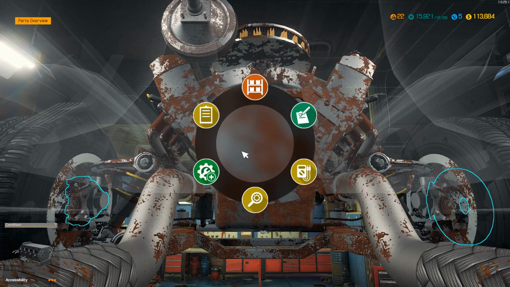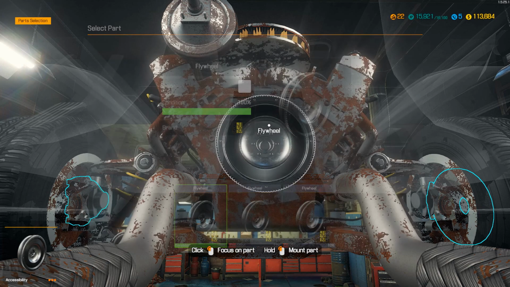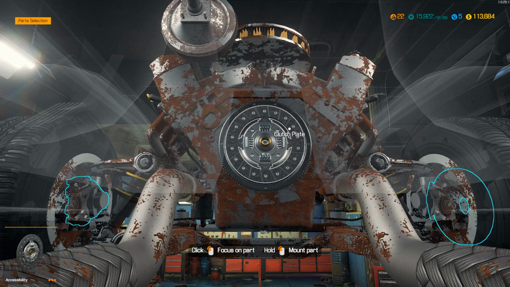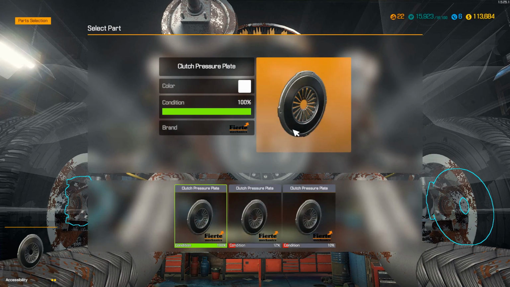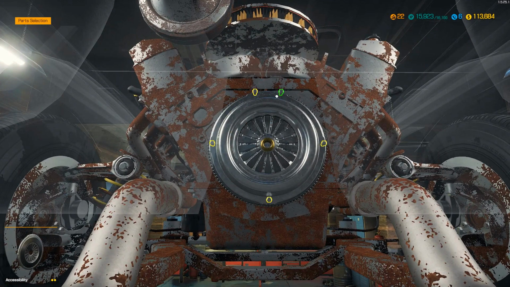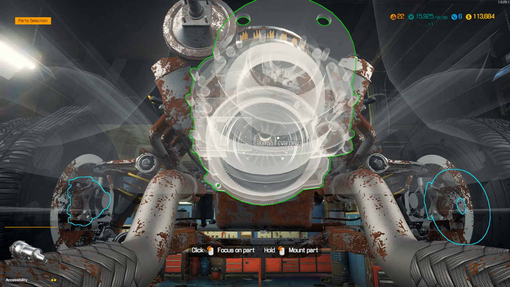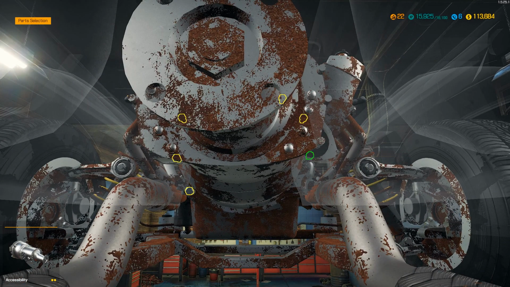So once you go there, we'll part mount and let's start assembling. Flywheel, 100%. Clutch plate, 100%. And clutch pressure plate, 100%. Now we need to put the bolts back in. Then the clutch release bearing. Gearbox, put these bolts back,